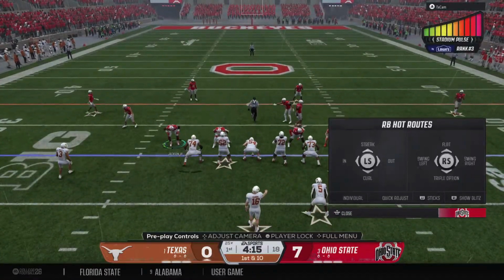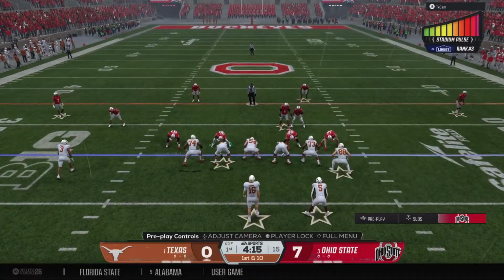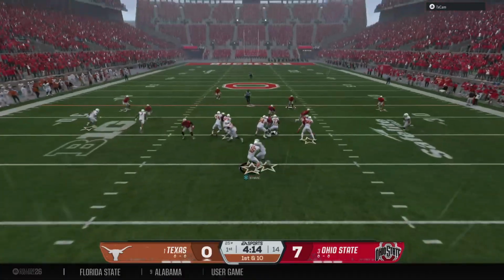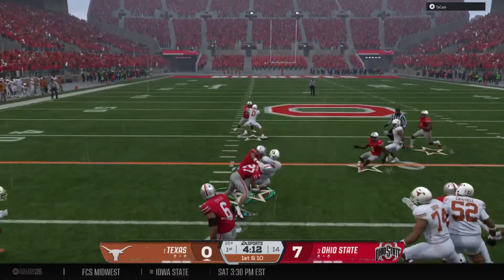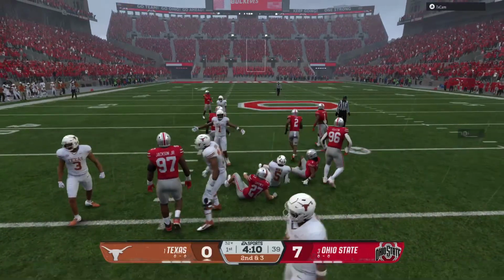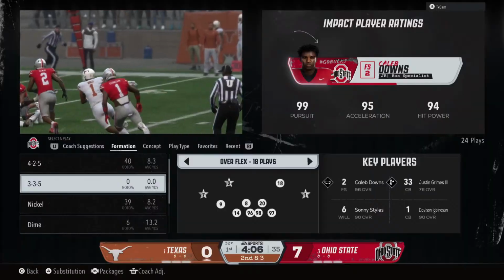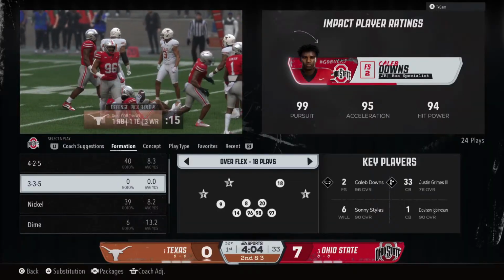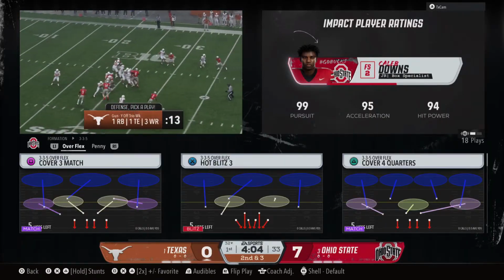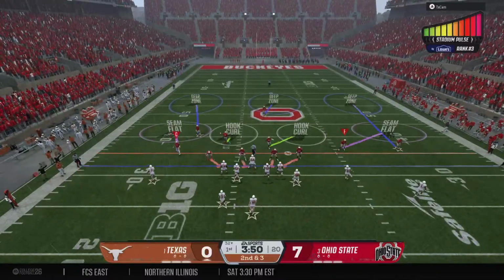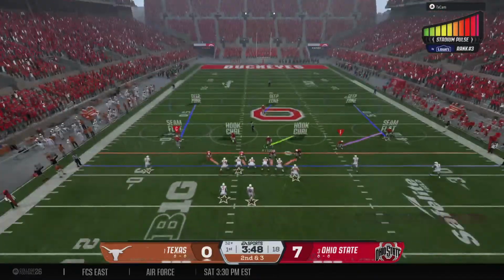Just underway, and this home crowd is fired up and ready to make a difference today. An inside give now from the shotgun. What a great job to be able to establish some rhythm to an offense. When you can run the football like this, it just opens up the playbook. You can continue to run. You can go to play action. You really keep the defense on their heels when you can run the ball like this.